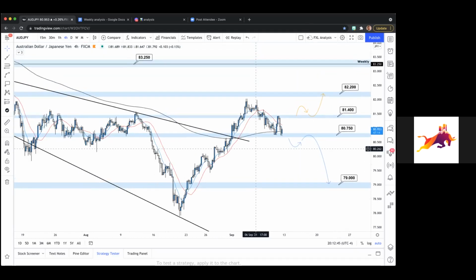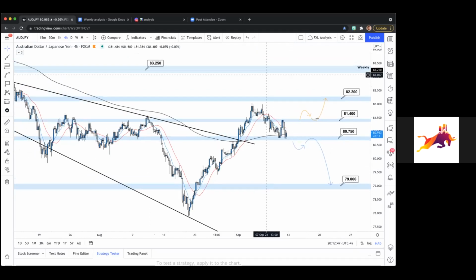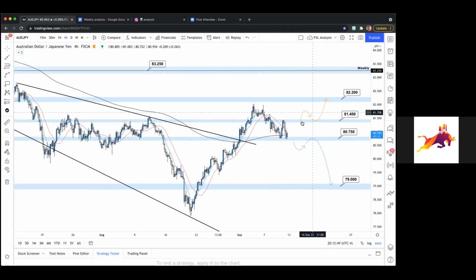Okay, but if we were to consider this bullish, what do we need to see? Very simply, higher low above this prior range, and 81.4. And that'd be really nice. Get a nice trade in there. Definitely at least 2 to 1, depending on where this higher low forms. But yeah, we'll take it as it forms. See how this plays out in the next couple of days.